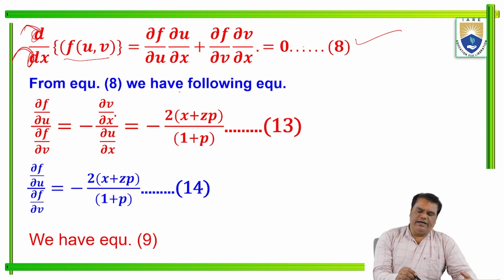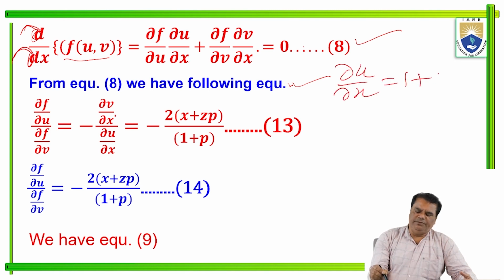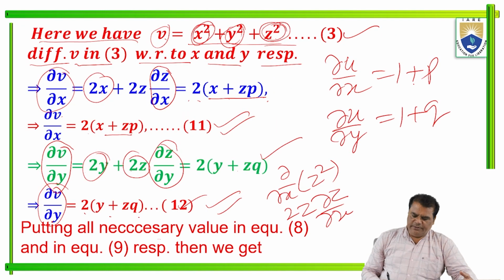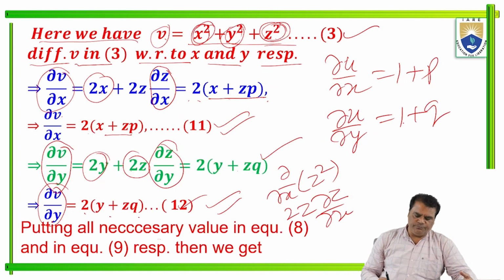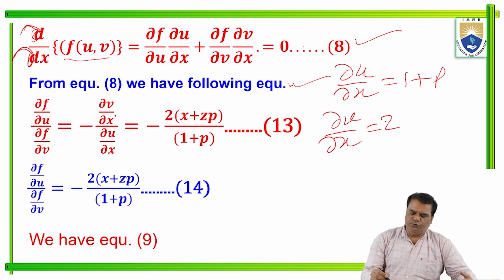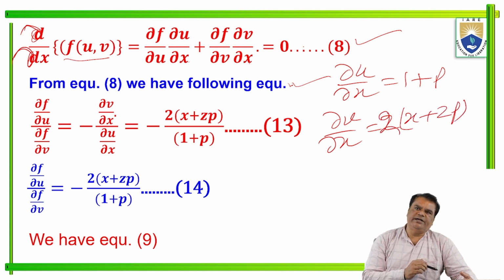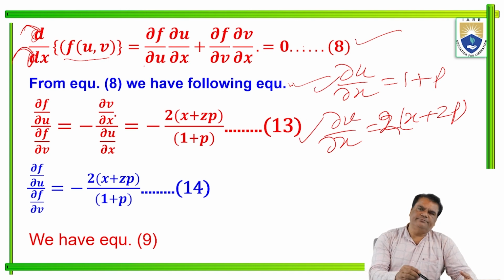From equation 8, we have the following equation. Here ∂u/∂x we have found to be 1 plus p, and ∂v/∂x is 2 times (x plus zp). Putting both values here, then we find: